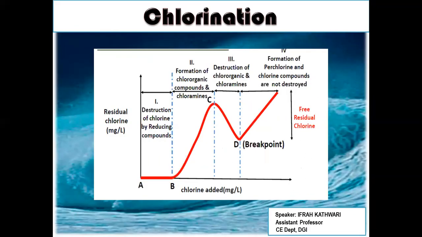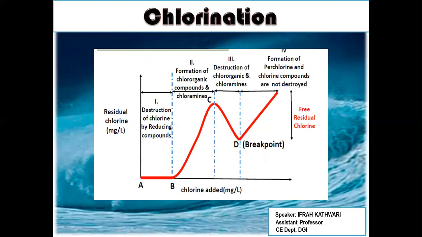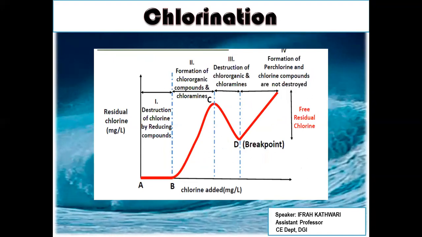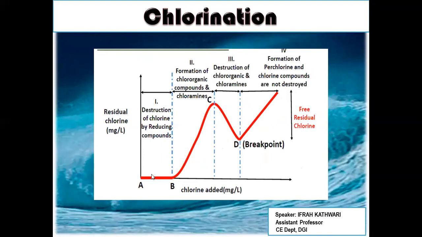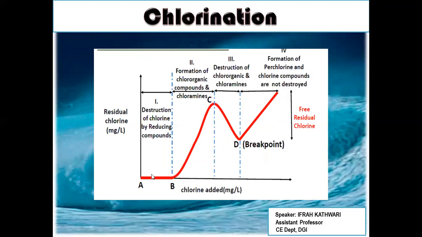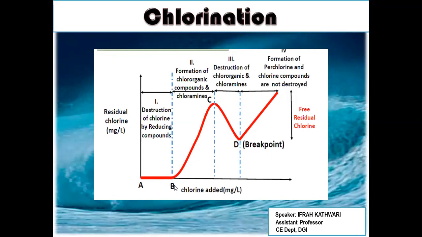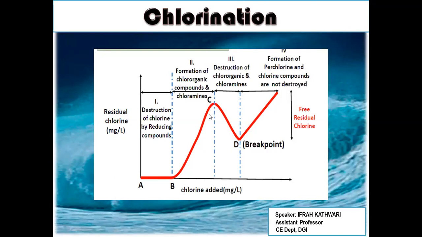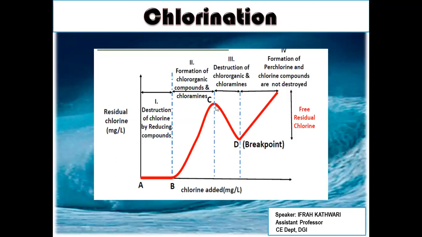So here we have a graph wherein we will be talking about the phases of chlorination. We have pre-chlorination, post-chlorination, and superchlorination. In this, as you can see, there is the destruction of chlorine as we go on adding chlorine. At first, chlorine reacts with ammonia and forms chloramines, as I already told you. So there is a destruction of chlorine from this point to this point. After this, there is the formation of chloramines, or we can say chloro compounds.